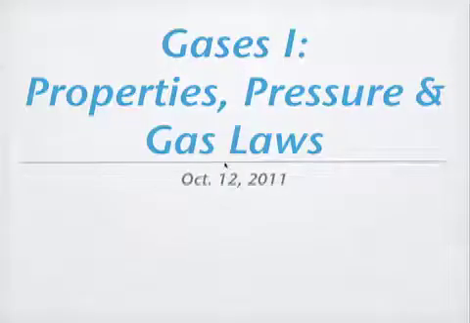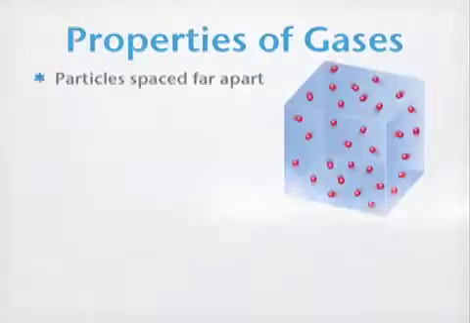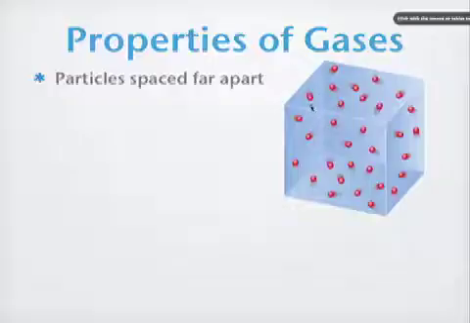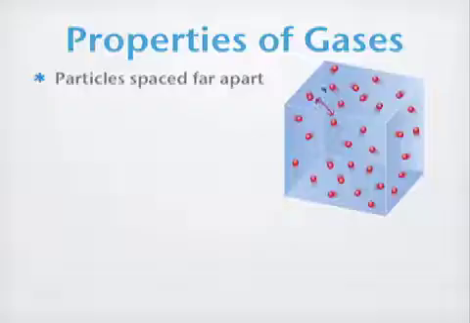laws for everybody. The properties of gases differ from liquids and solids mostly in the fact that their particles are spaced very, very far apart. In solids and liquids, the particles are a lot closer together, and they're also not moving quite as fast. So you can see that in gases, these particles have a large distance between them. That and their motion is going to be the root of most of their properties that we're going to look at, and most of those properties we'll come back and look at in a couple of days when we look at kinetic molecular theory, or KMT, which I hope a lot of you will remember from your first year of